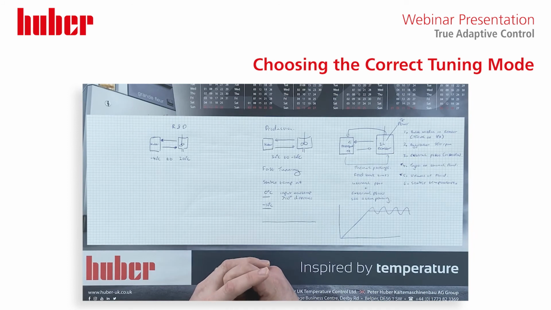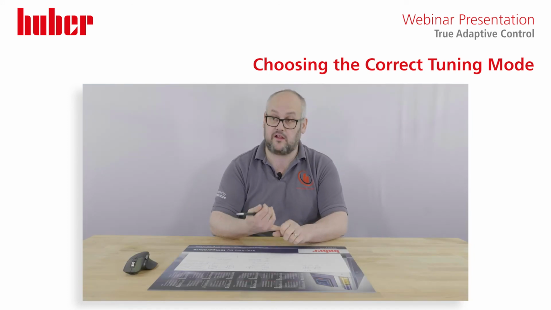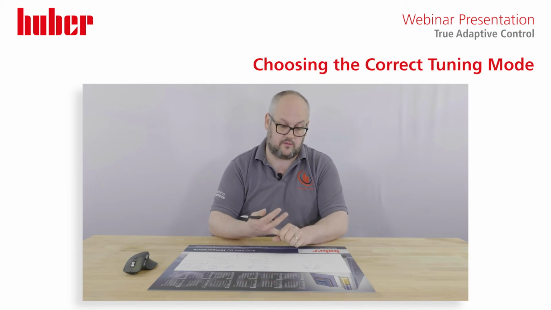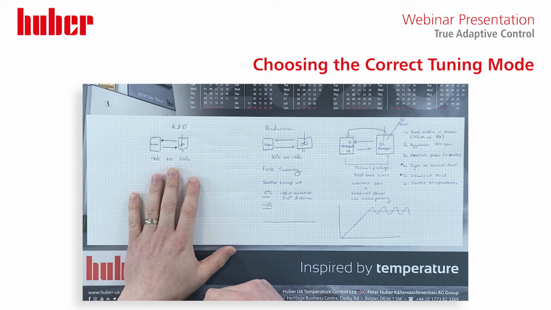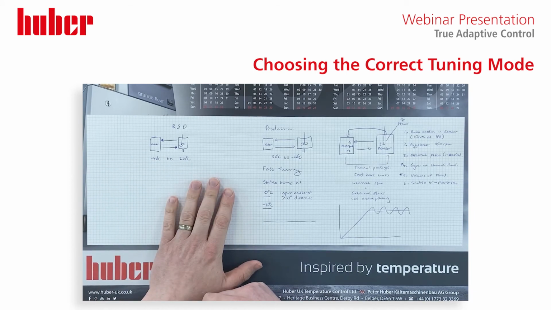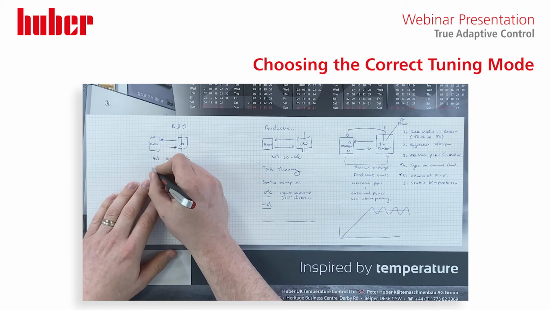What we need to do here is be a bit clever about this and look at where my machine has its maximum cooling power and its minimum cooling power. Where have I got my heating, which normally is electrical, so we've got that available across the board. So when you're setting up a multifunction chemistry application and you want to do a wide tuning on it, in this case we're going to do